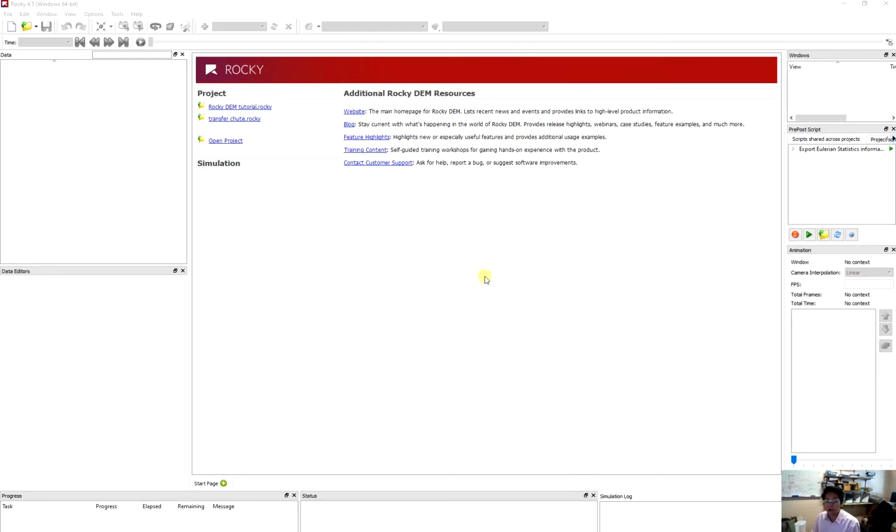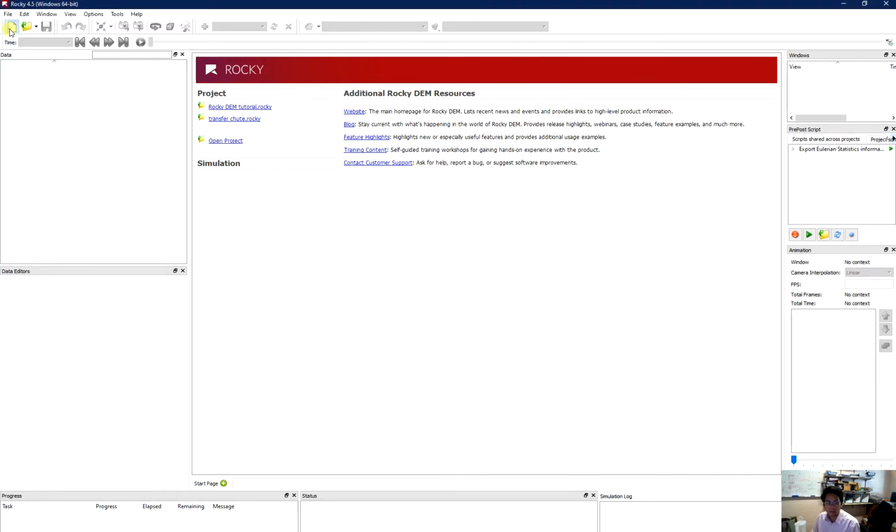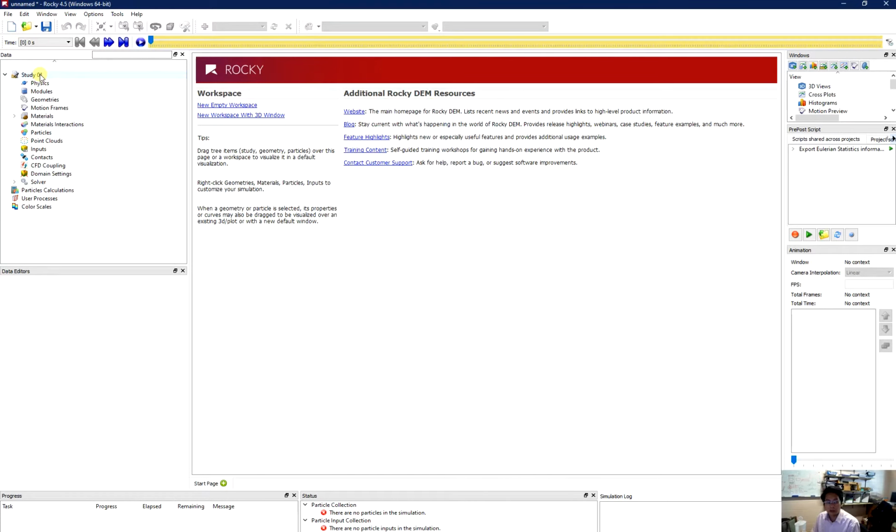So in the first step, I need to create a new project. And in the study, I change the name of this one to SAG mill. In this tutorial, I'm going to make a ball mill with some rock and steel balls and then roll it over so the steel balls will crush the rock. My customer name will be Peter To, and the description will be: tutorial to give students an idea how Rocky